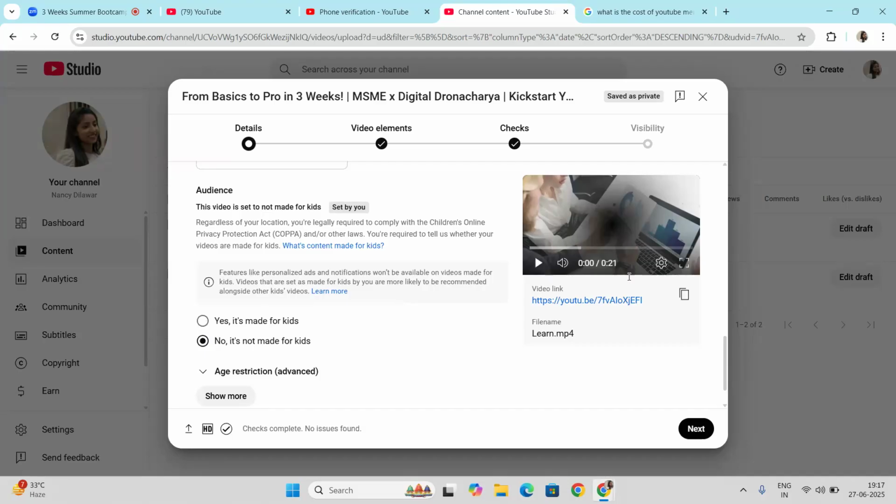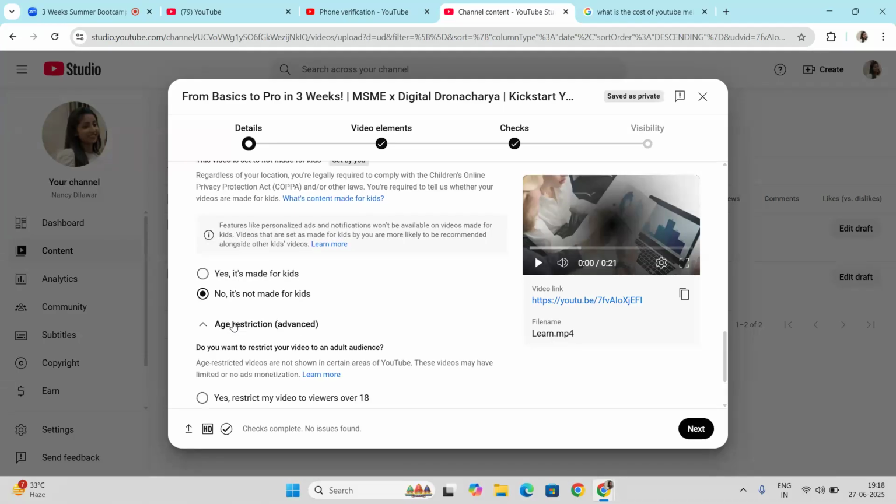If it is not, always keep it no. It doesn't mean there is some sensitive content, but you have to specify. If you click yes, the algorithm will change and it will be shown to kids only. Somehow it is misleading, so it will create policy violations on your account as well. So use this only when your account is all about kids, otherwise select no.